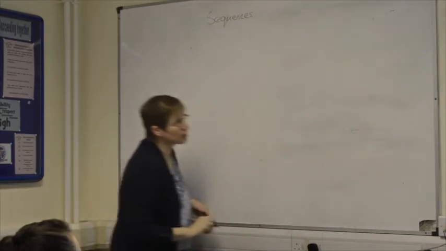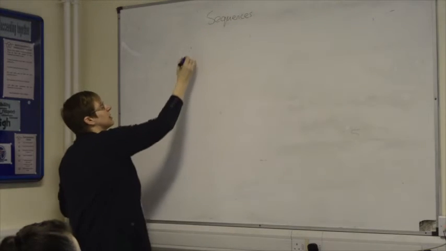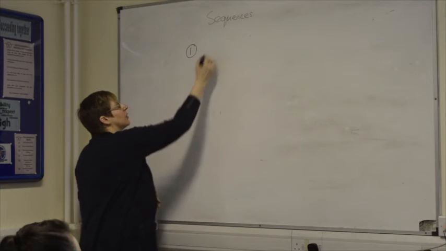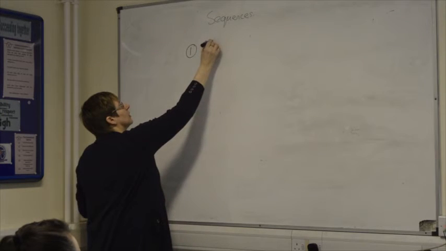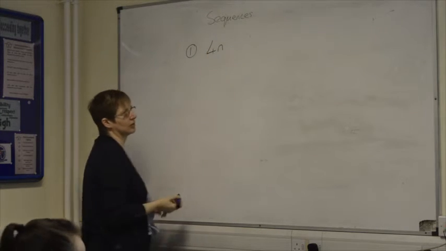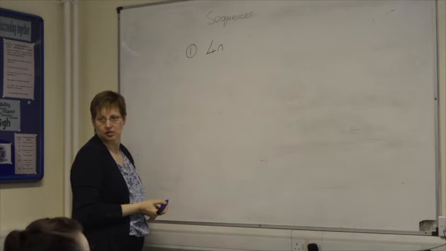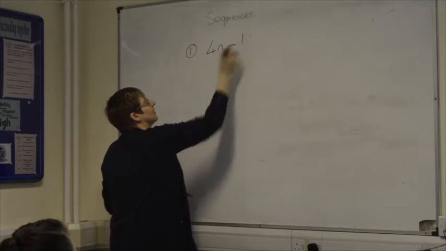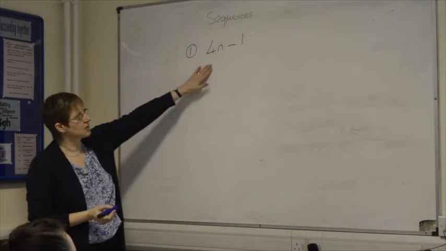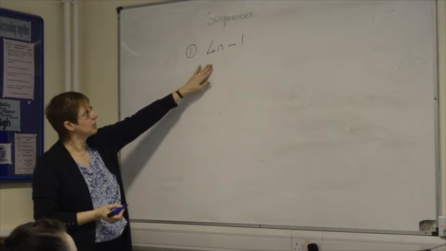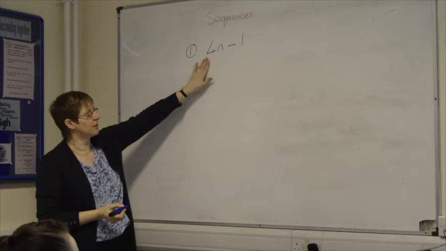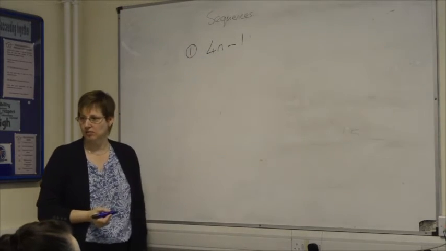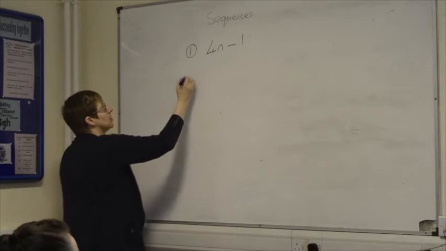Right, so that first one, which times table is it based on? The 4 times table. So I can write 4n. Good. And then, because it is the 4 times table, it's minus 1 because it's 3. Absolutely right. 4 times table because it's going up in 4s. But the 4 times table starts at 4, this starts 1 less than that at 3, so I need to take away 1. Everyone happy? Yeah. Number 2,